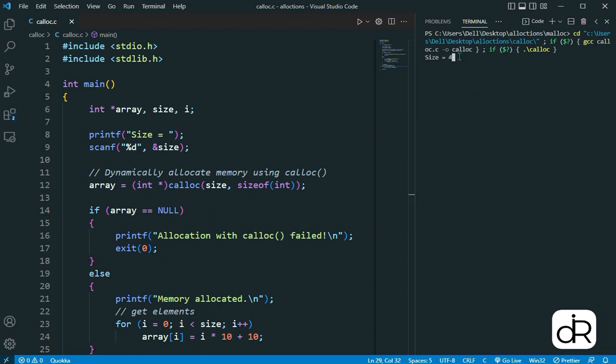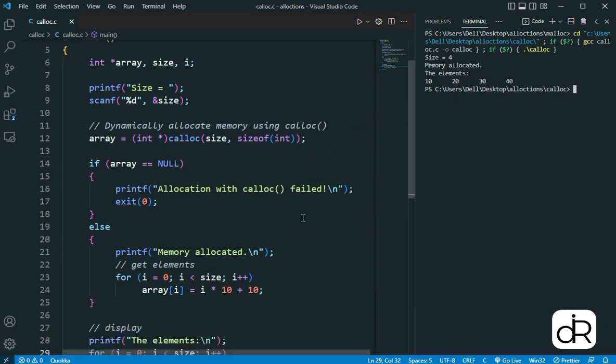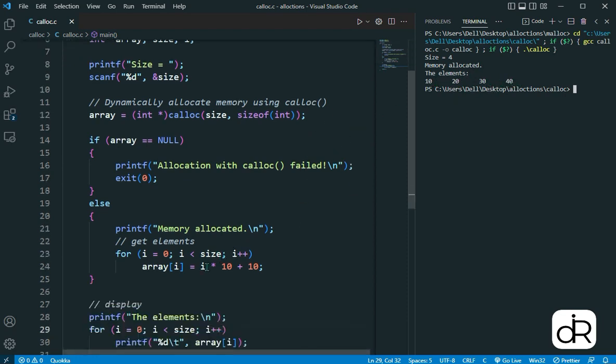So the size, let me say 4. So memory allocated well. The elements are 10, 20, 30, and then 4. Okay, why? Because it is 0 the first time. It's going to be 0 by 10, it is 0, plus 10, it is 10. Then the second time is going to be 2 multiplied by 10, it is